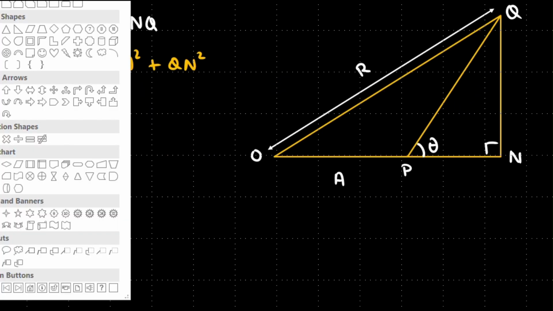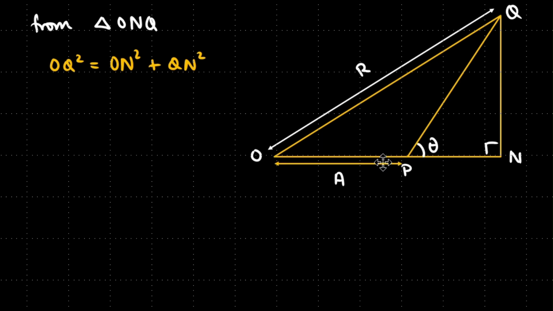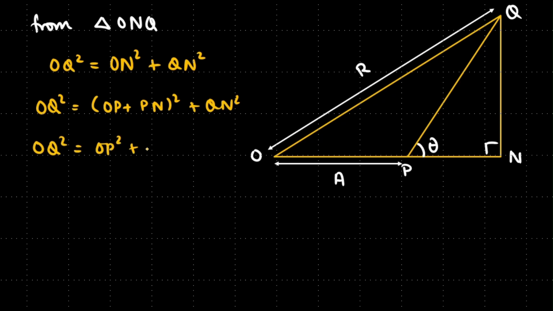OA is just going to be this length, right? So I might be jumping around, but I think this is pretty clear right now. So now let's just do some math. So OQ is R squared. So before doing that, let's actually just expand this. So ON is going to be OP plus PN whole squared plus QN squared. So OQ squared is going to be OP squared plus PN squared plus 2 OP dot PN, meaning multiply, plus